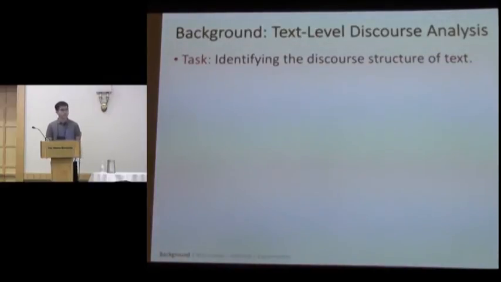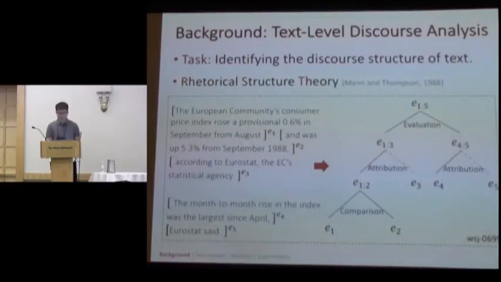First, I'd like to introduce some background knowledge of our work. Text-level discourse analysis is the task of identifying the discourse structure of text. As we can see, it analyzes how text is organized to be coherent and logical. The most famous theory about this is the rhetorical structure theory, with its abbreviation as RST. According to RST, the text, which is shown on the left, can be represented with a tree structure,